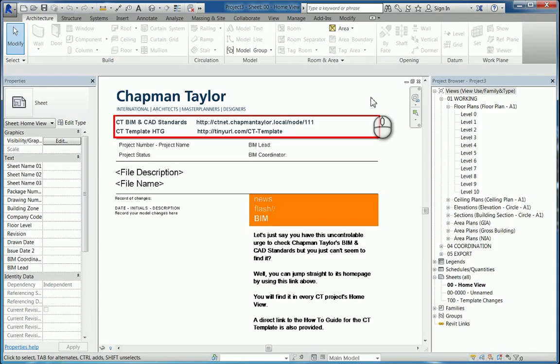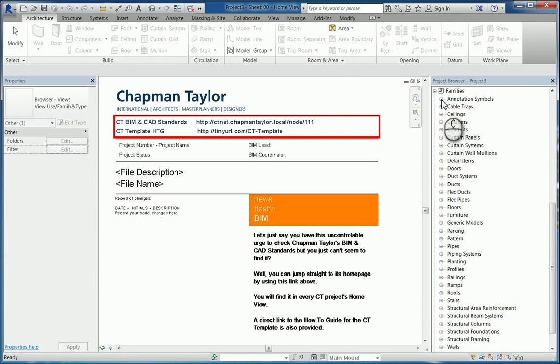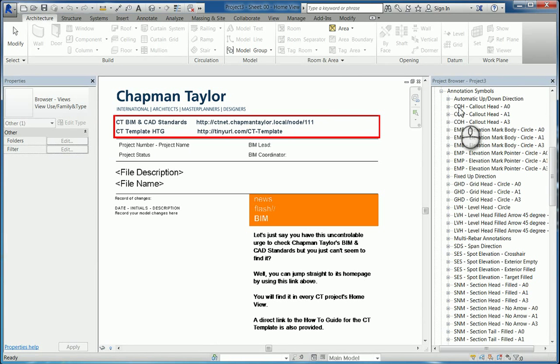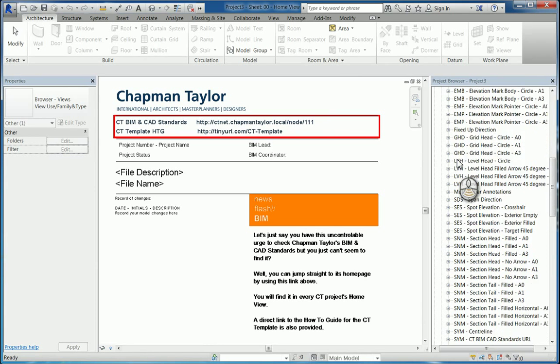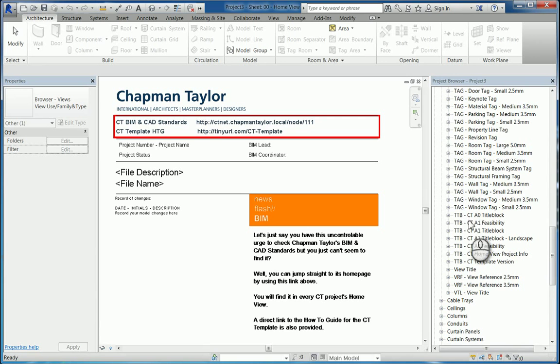So the first thing that you need to do is to go to the project browser, under families, expand the annotation symbols, and we are using prefixes for each type of annotation family. The title blocks are located down below to TTB, title block. We have preloaded the Chapman Taylor template with different formats, but your project may only use one or two of the available formats. Let's say that for our project today, the sheet size is going to be an A1 title